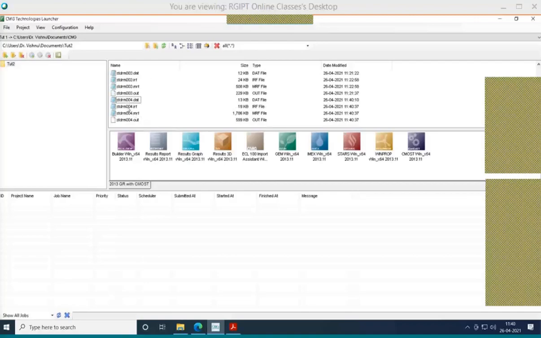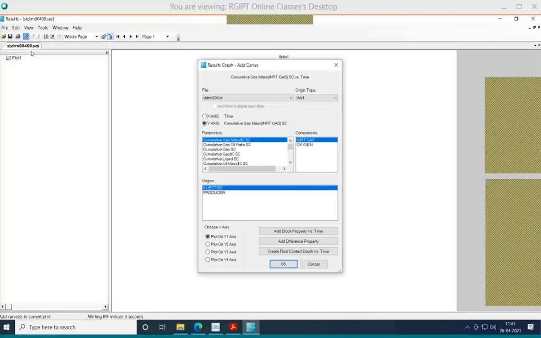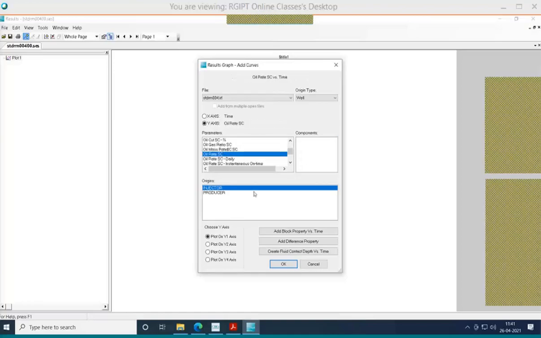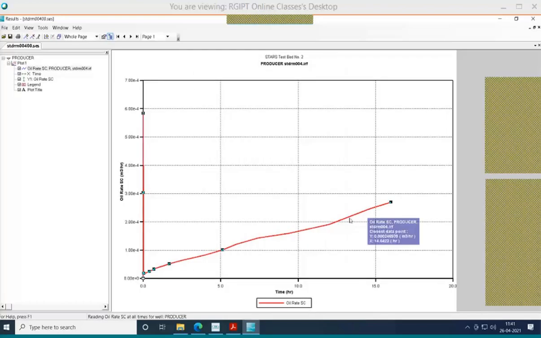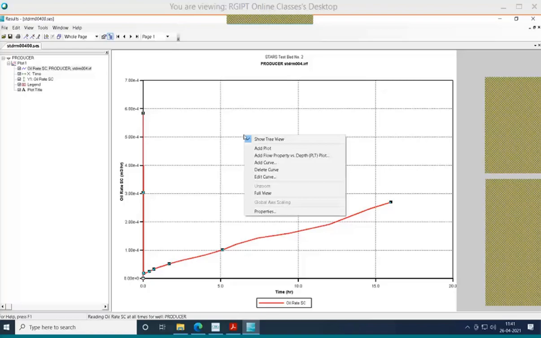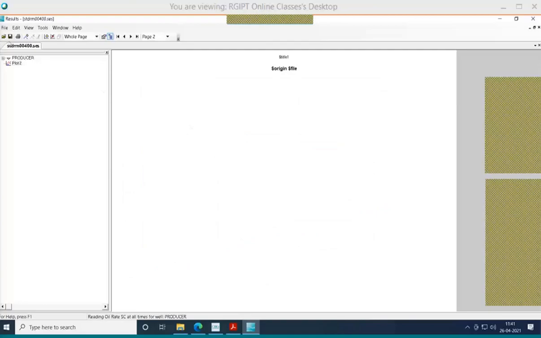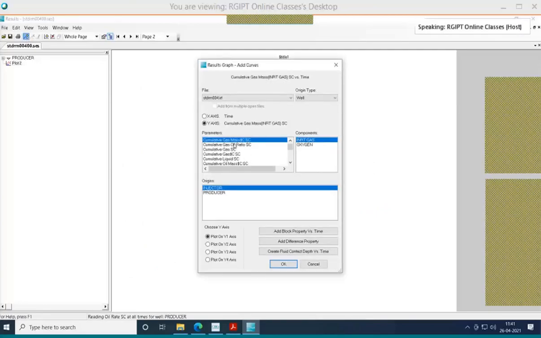Let us examine the result. Hard plot. There is oil rate. Oil rate is okay, fine. Producer. This is our oil rate. Let me hard plot the cumulative oil.